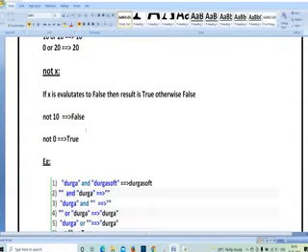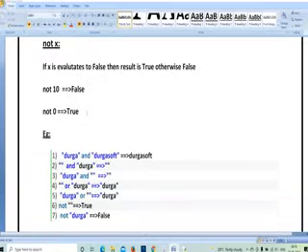Not is an operator which sees a false result as true, otherwise it is false. So here, not 10: if in the input I give x is equal to 10, and below I write x is not 10, then since I have given x is equal to 10 but written x is not 10, it is false. X is 10 only, so not 0 is true. X is not 0, since x is 10 in the input and here I have written not 0. Yes, it is not 0, it is 10. Based upon that you get the output.